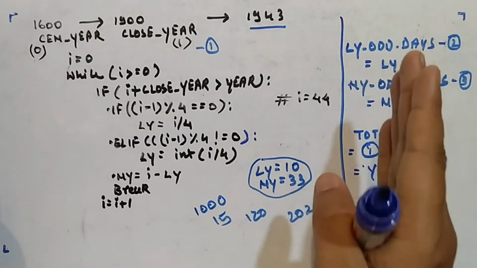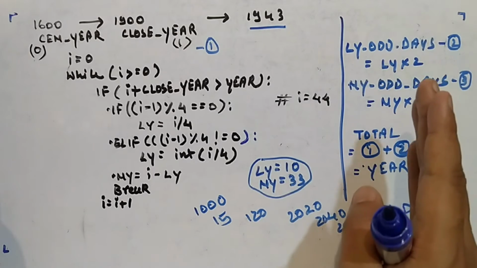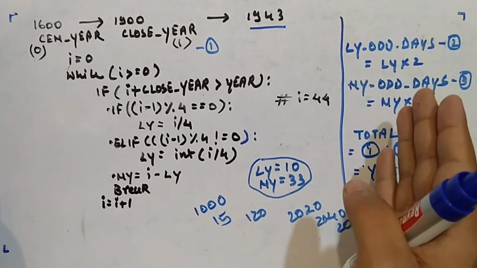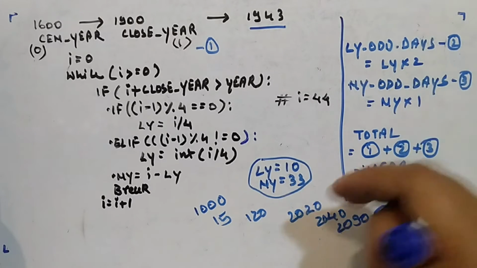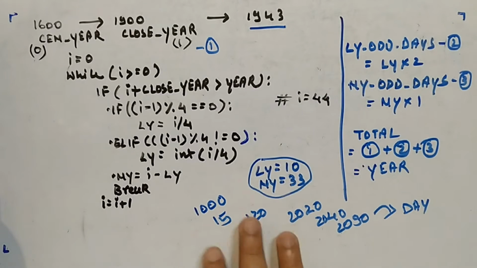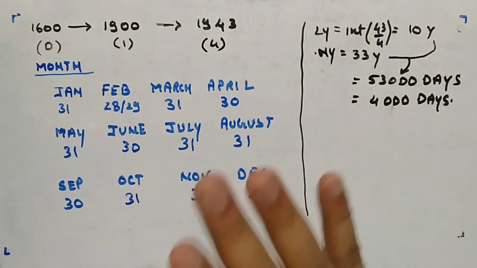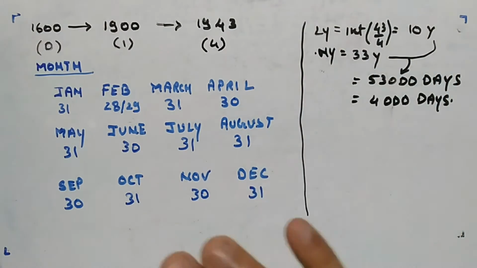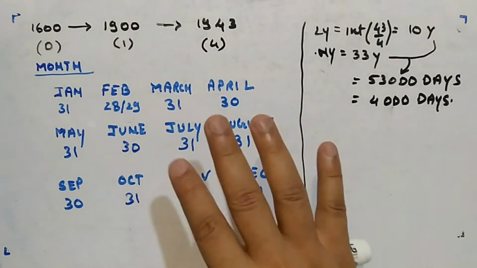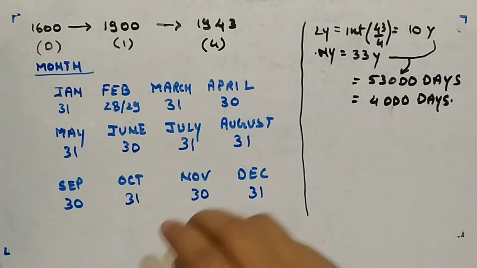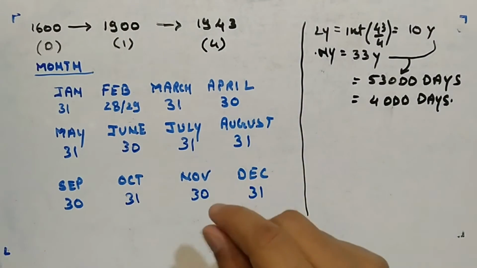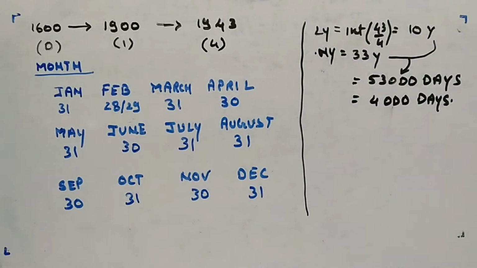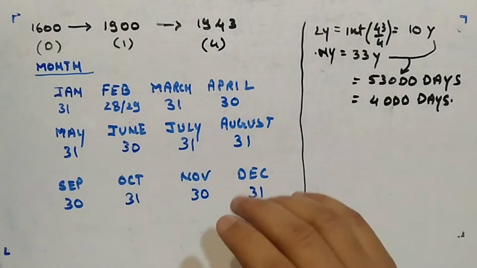But first we will complete month and day wise, meaning how you want to calculate the odd days for a month and for a given day. Okay, now we are done with the year part. So in this video I'll be starting the month part, how we want to calculate the odd days counting the months. There is a catch we have to be careful about, and that is what I'll tell you here.